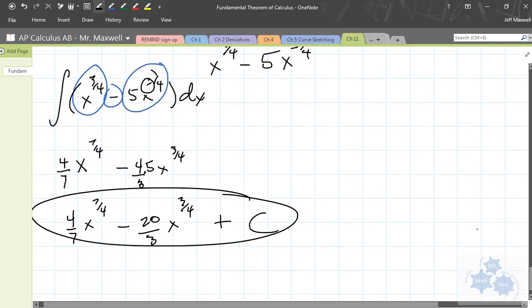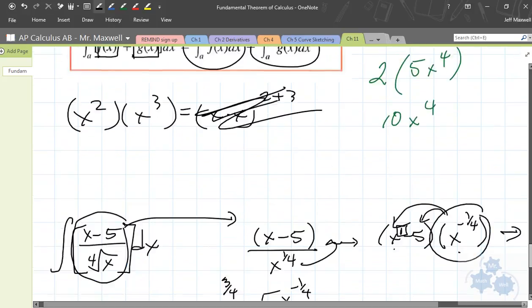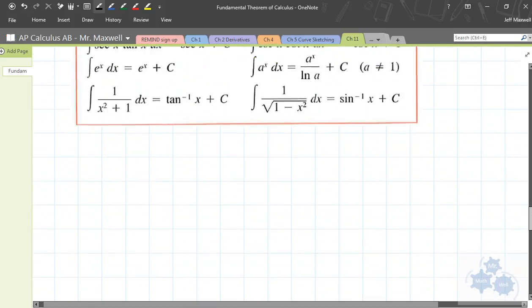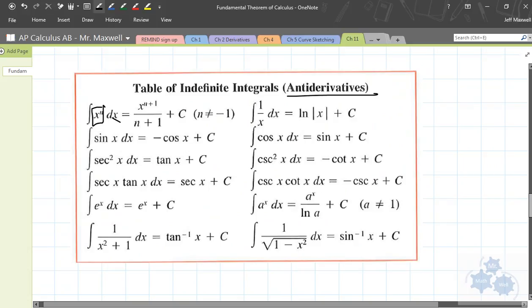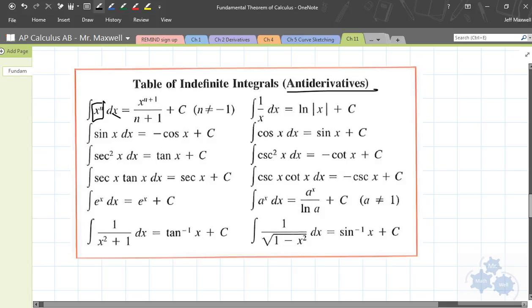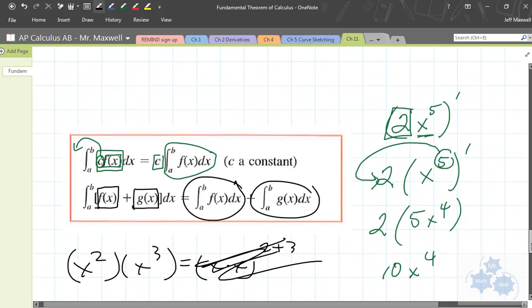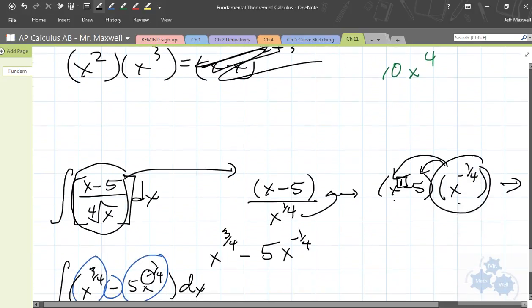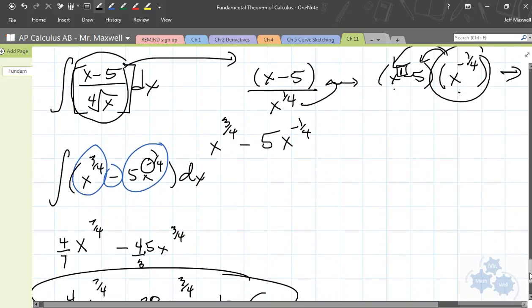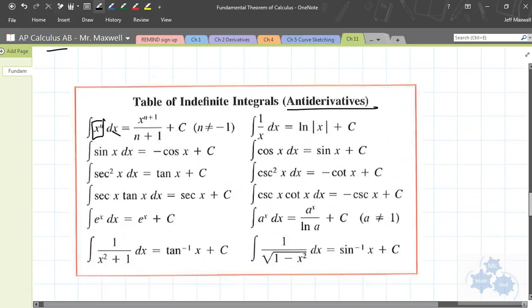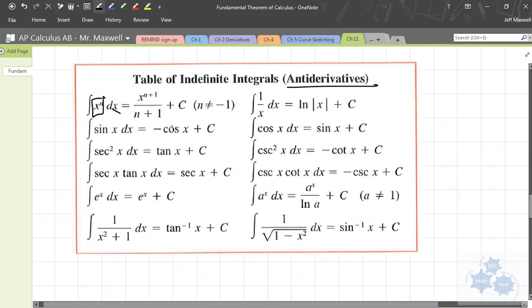Okay, so that's your example there. Again, just some extra integration rules. Again, we're going to talk about the substitution rule, as a method of integration. We're going to talk about that next lesson. But here's just a continuation of some basic integration stuff with some of these basic rules right here using this table of indefinite